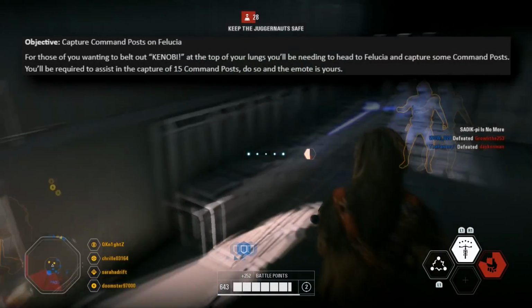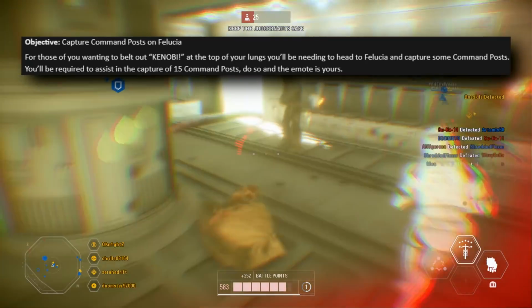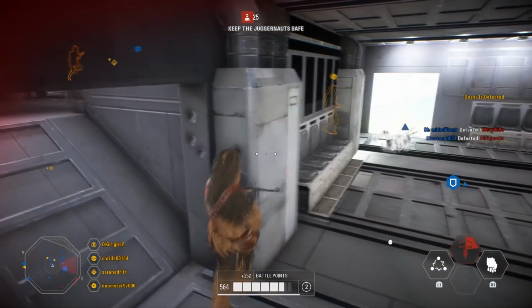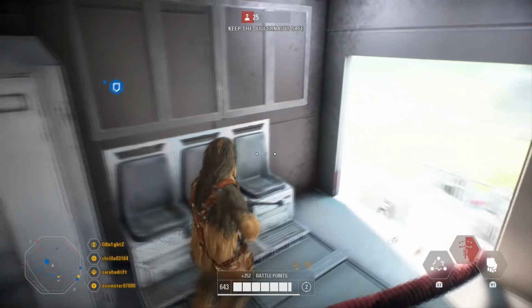For the new Darth Maul emote, you'll simply have to help capture 15 command posts on Felucia, another very easy task. After you've finished all of those, simply go to the main menu, and the skin and emote will be yours. Be sure to jump on and get those done next week if at all possible, because if you miss